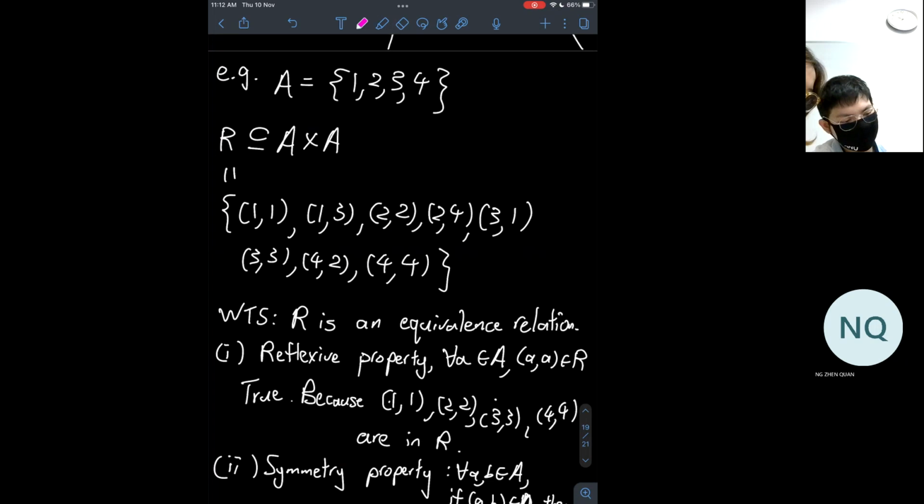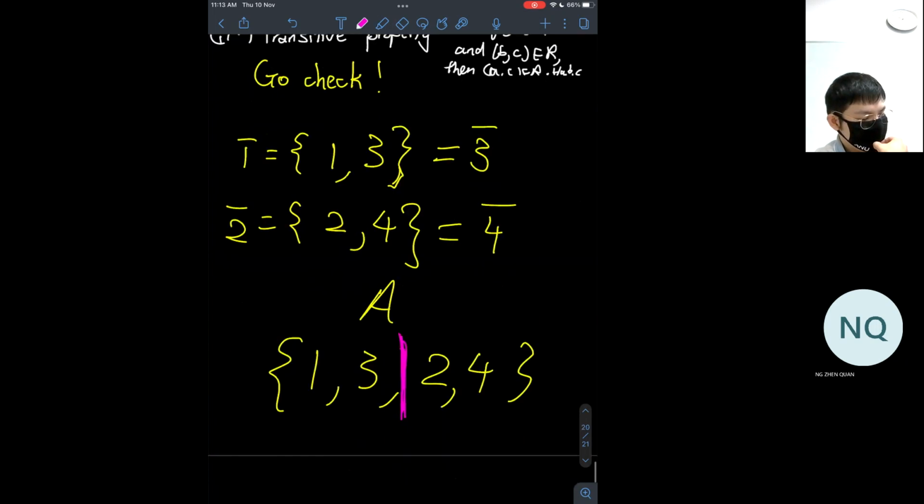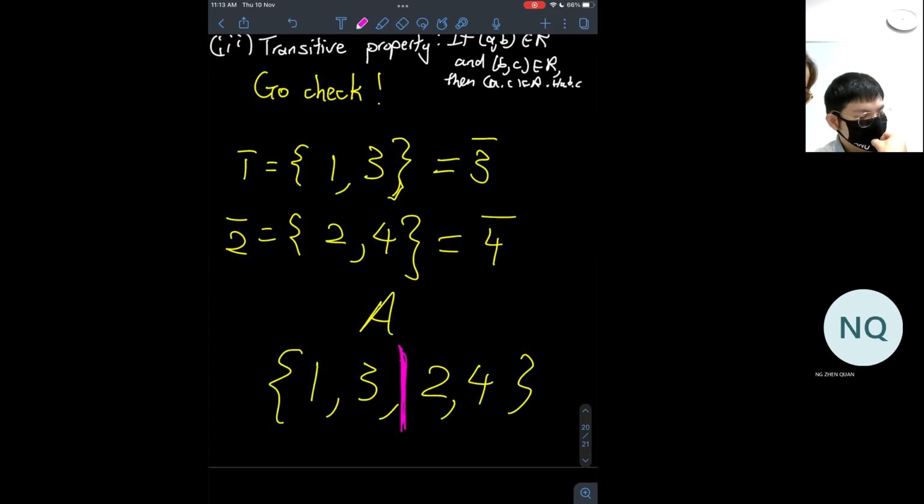是 subset 吗？每一个这里的东西都在这里。这边其实有16个 A cross A 的元素，所以它整个东西也是 partition，这一大 partition。